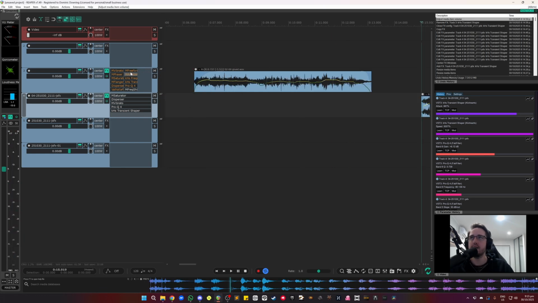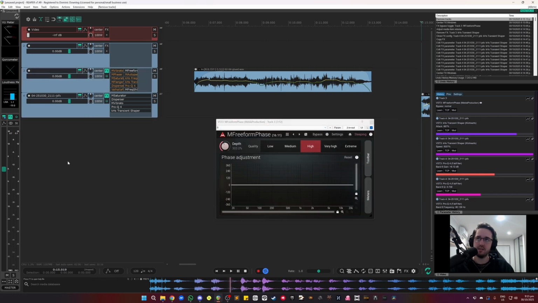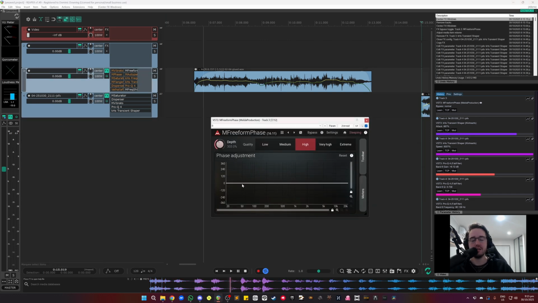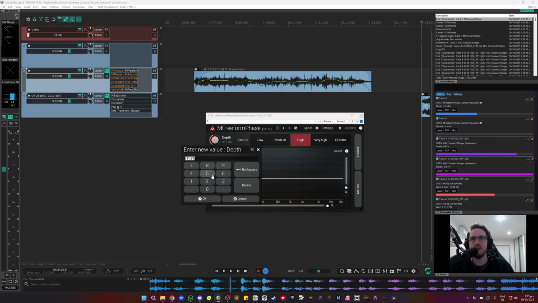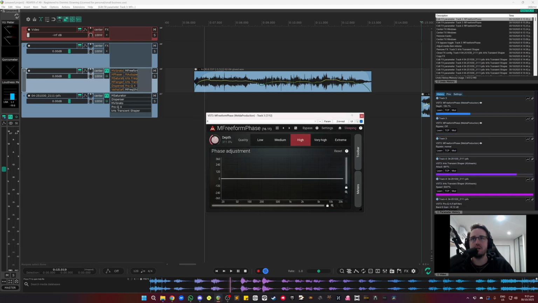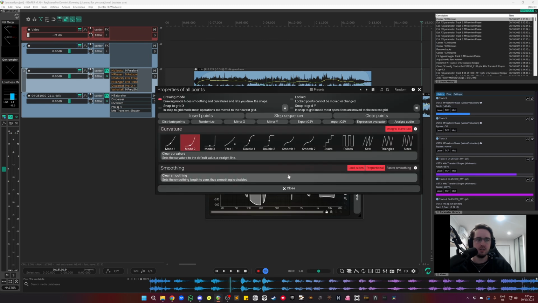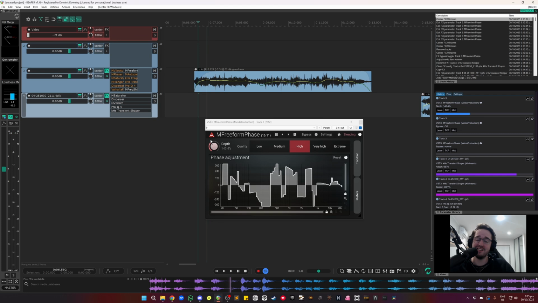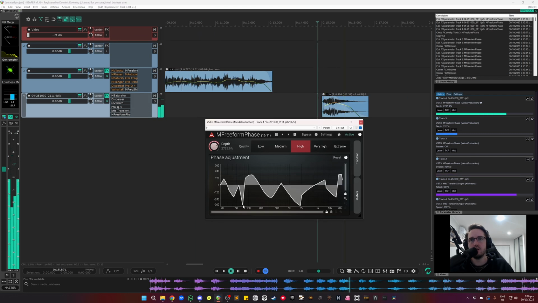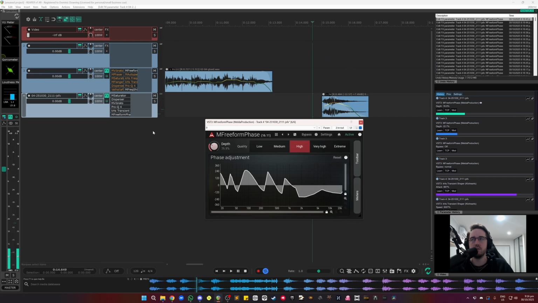Cool, moving on. We've got this other really cool plugin called Freeform Phase. This is kind of like Disperser actually. You're messing around with the phase, moving phase around. First thing I like to do is when I open it up, how do I reset this? Default, whatever. Depth, usually at 100. When I open it up, just go like that, mess around with these bands like crazy. You can change the mode a bit, get some weird stuff going on, but listen to this. Yeah, gotta be careful of the highs in there. Yeah, pretty awesome.